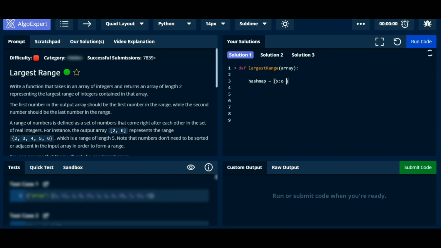{x:0 for x in array}. So basically this will store all the elements of our array inside a dictionary. Now we can have a loop. I'll put in for number in hash map. You could also put in for number in array, since both hash map and array contain the same elements now. So we'll first check if